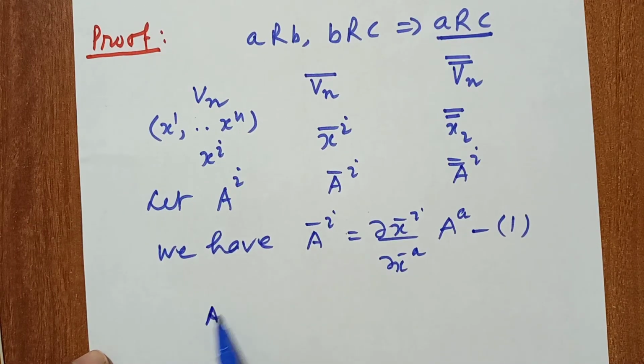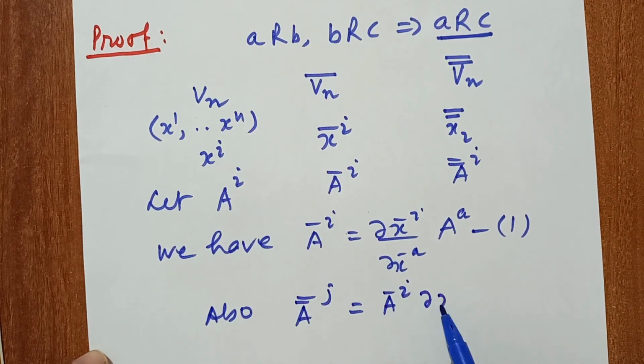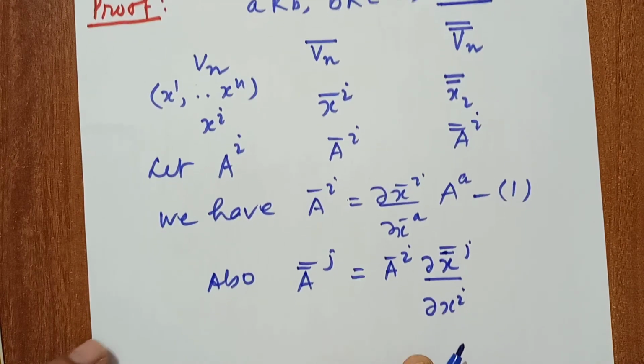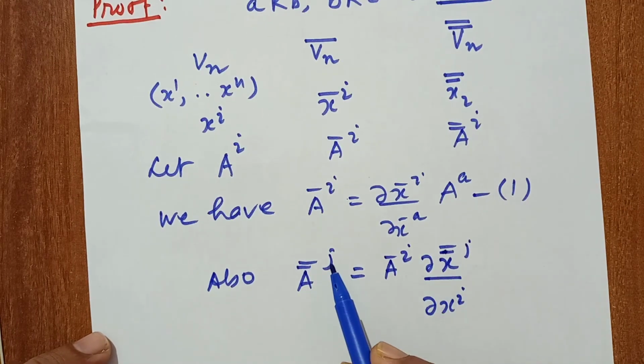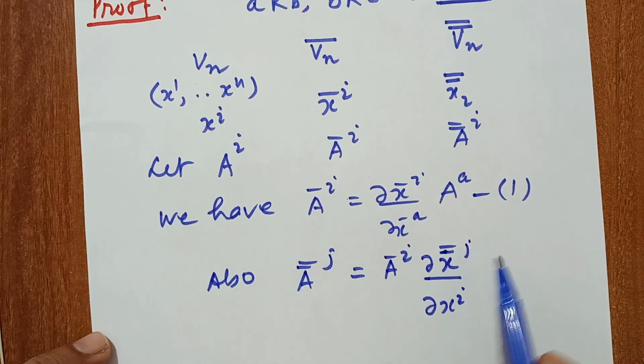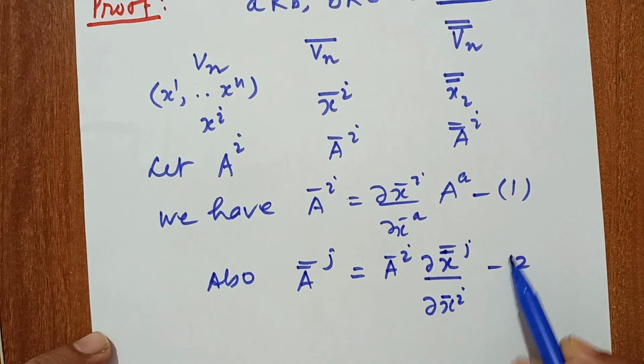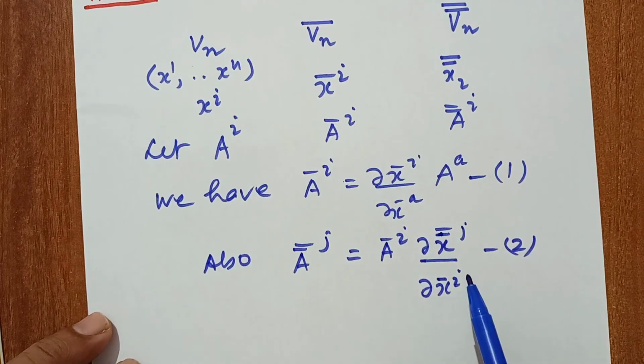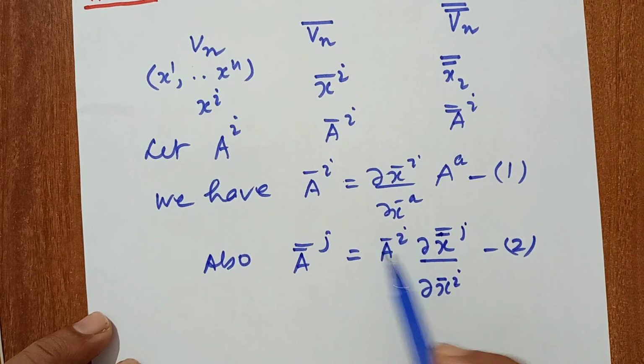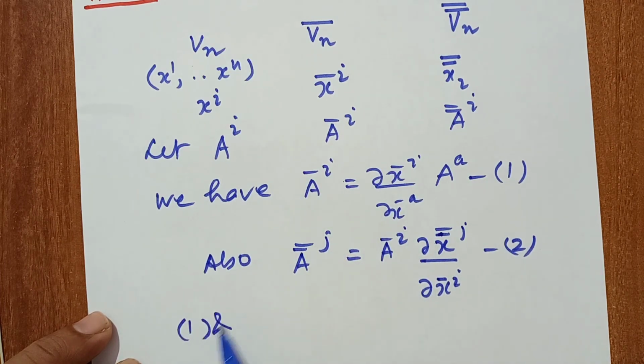Also we have a double bar j equal to āⁱ ∂x̿ʲ upon ∂x̄ⁱ. It is a similar transformation rule, with double bar j and i contracted. This is the second relation. Now from the first and second, putting the value of āⁱ from 1,